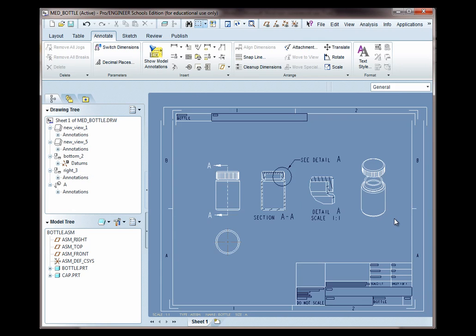Finally, we want to add a bill of materials. To insert the bill of materials,